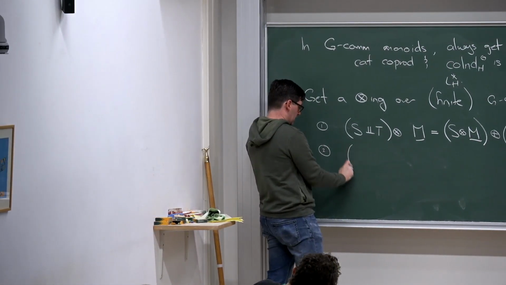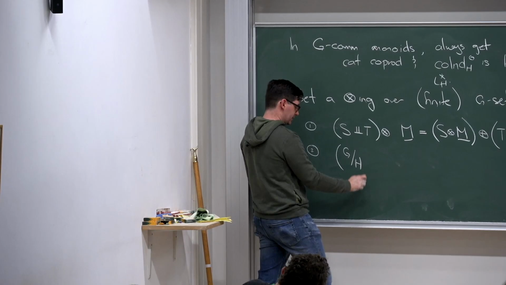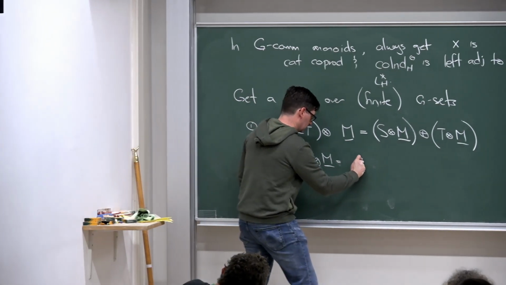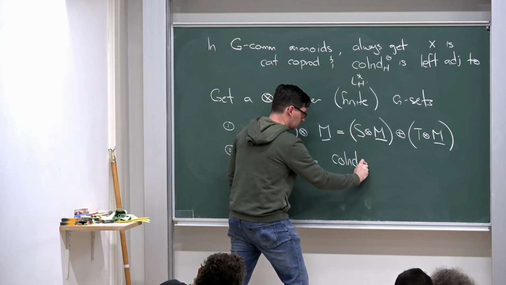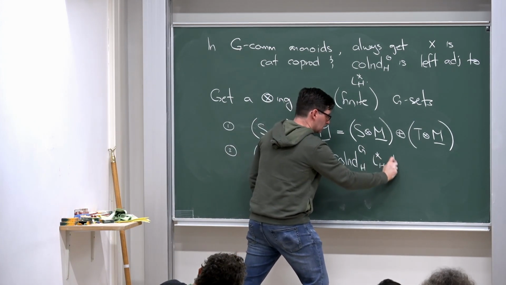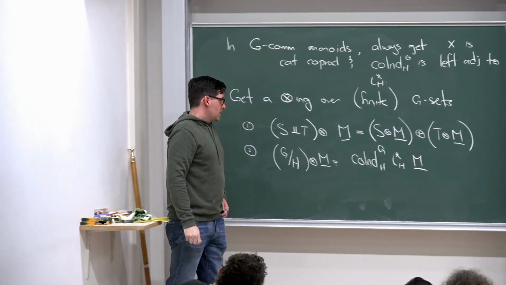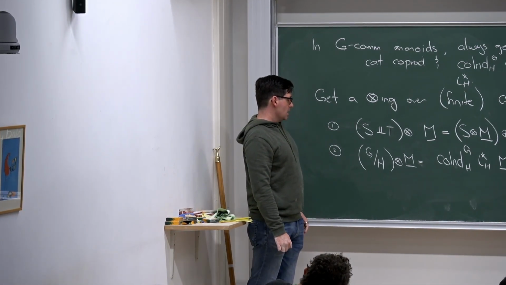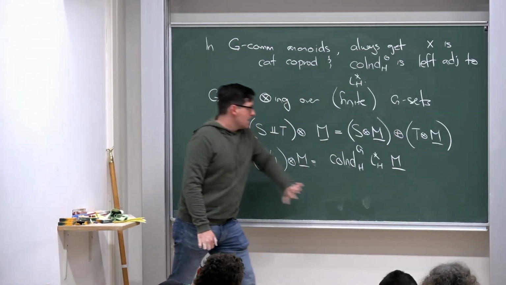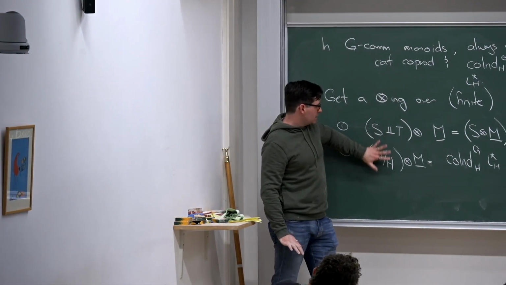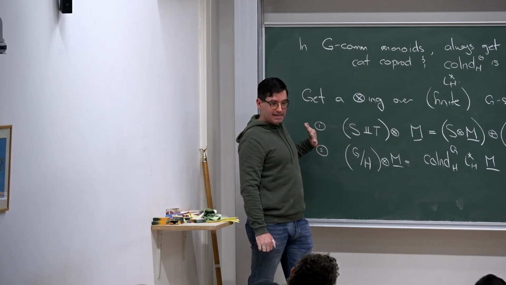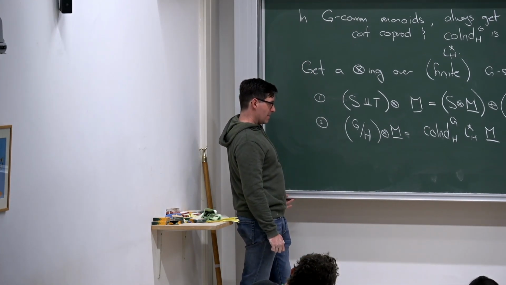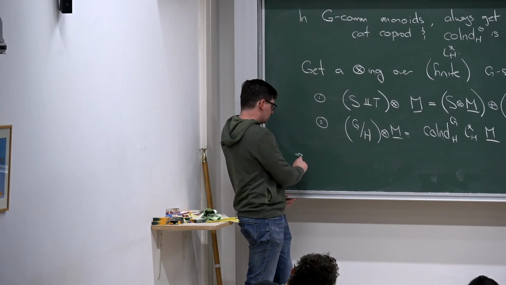And on orbits, it's this composite again. Then what I've used is exactly that this construction gives me a way to make sense of, given any G-commutative monoid M, this is really a functor from finite G sets in, not finite G sets in isomorphisms. So why do I care about that? Well, this tells me I get